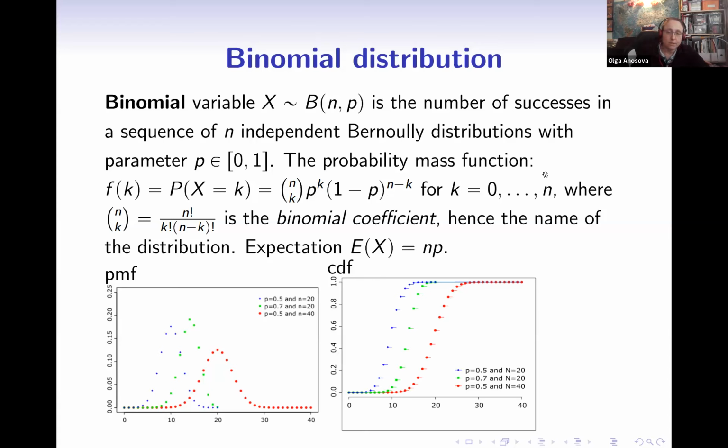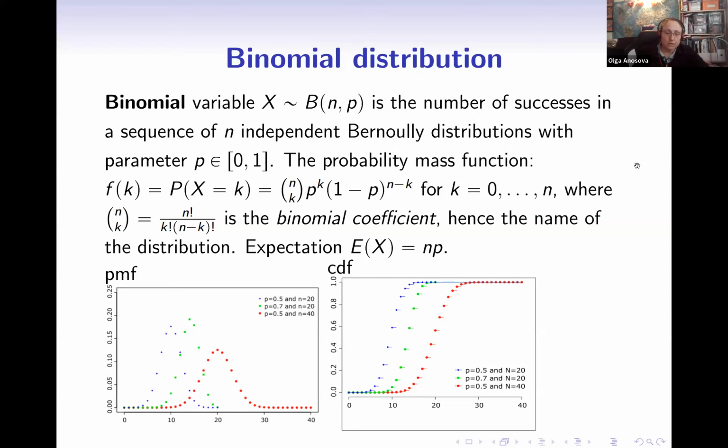And here, again, the expected value will be similar to the previous case, just probability P repeated n times, which is NP. And here I did not write the cumulative distribution function because the formula for the cumulative distribution function is slightly longer. But I've just represented the pictures. On the left-hand side, that's the mass function. On the right-hand side, that's the cumulative distribution function. And as you can see, for large numbers, it's just the collection of similar what we saw before for the dice throws. That's what we probably already know.